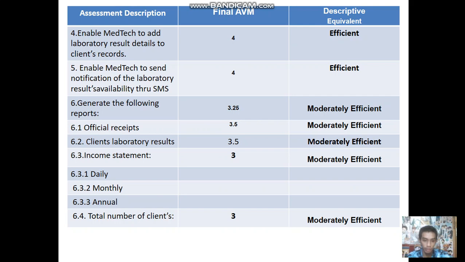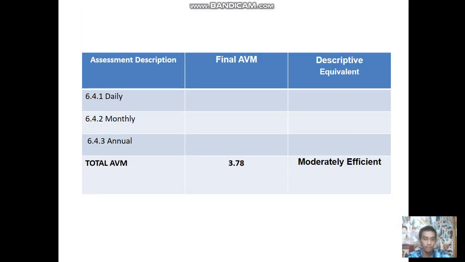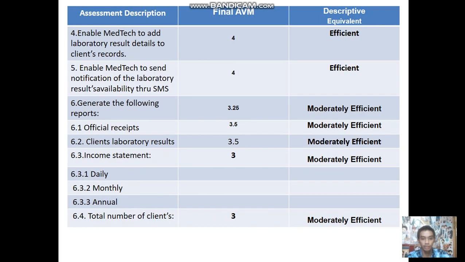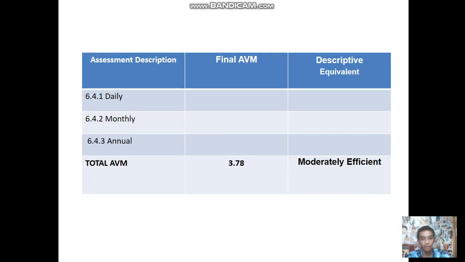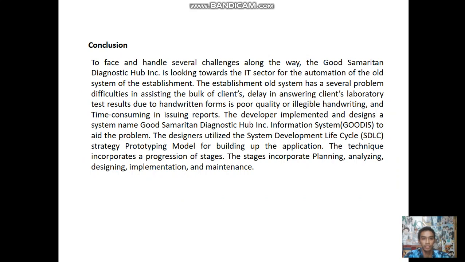Total number of clients, including daily, monthly, and annual, is 3. Moderately efficient. And the total average is 3.75. Moderately efficient. Conclusion. To face and handle several challenges along the way, the Good Samaritan Diagnostic Hub Incorporation is looking